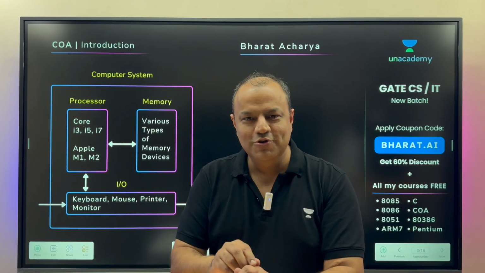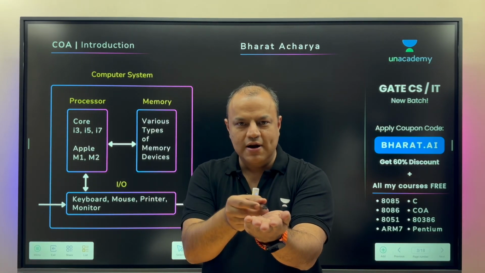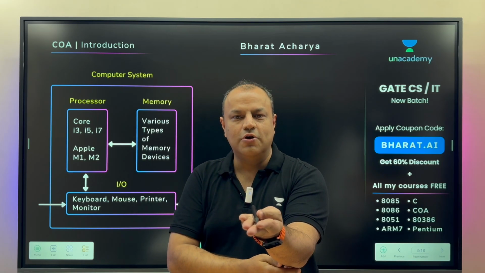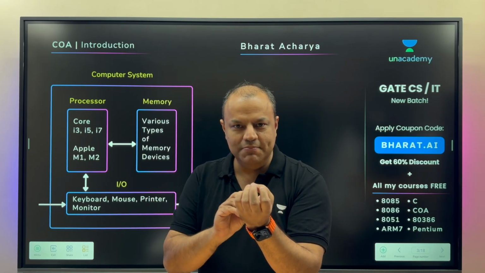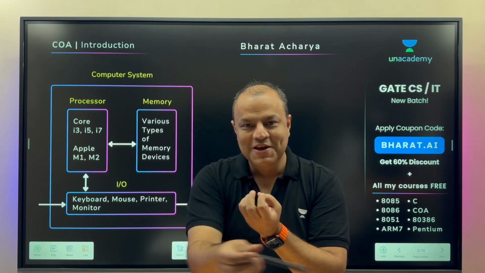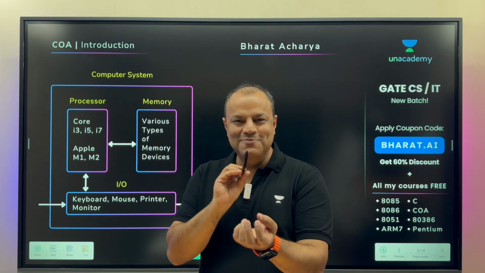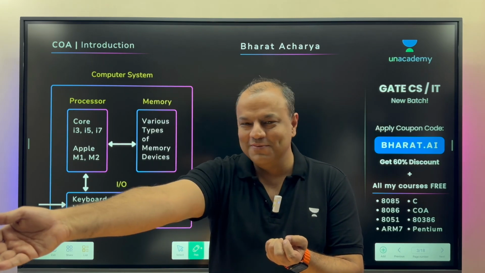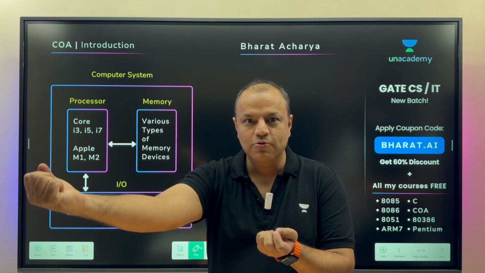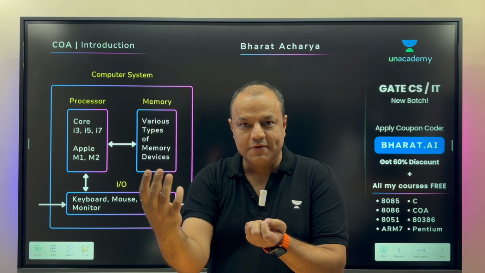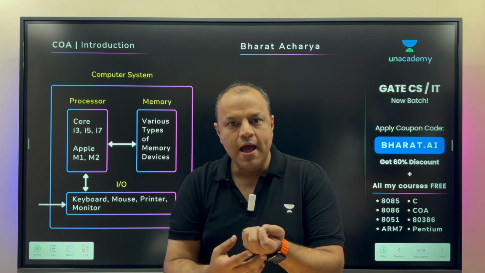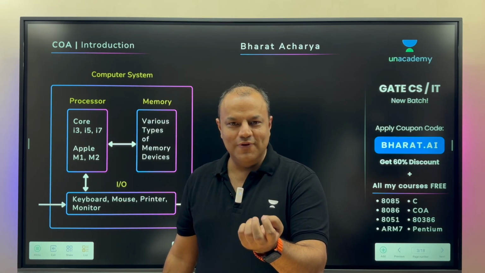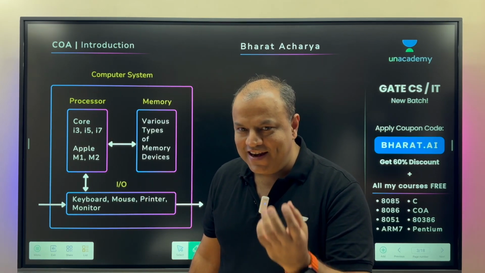When you teach to a camera, you have only one vision of the subject, your idea, your way or the highway. This is the only thought process you have. Of course, the concept is only one, the truth is only one, but it can be approached in numerous ways. When you take lectures in classrooms, you may teach in this approach, but there will be some student who will ask a doubt which will force you to think about the subject from an entirely different perspective. Okay, next lecture somebody else asks another doubt, and that's when the whole flower opens up. That's when you understand everything about the subject.